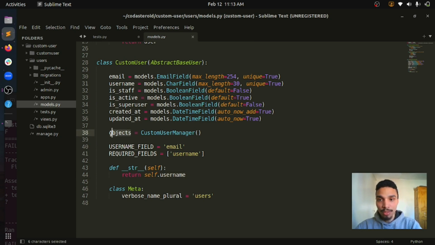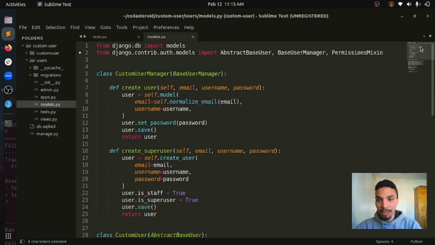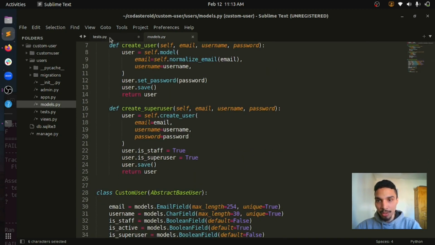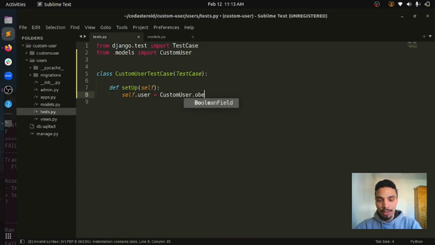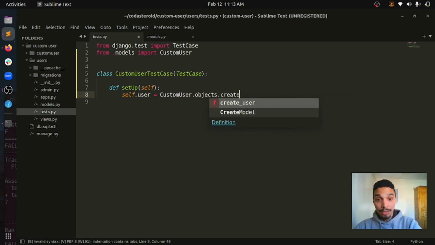It's a variable inside the custom user model that calls the custom user manager to create user accounts. In this case we'll be using create_user because we want to set up the first data for a regular user account. So let's say objects.create_user,